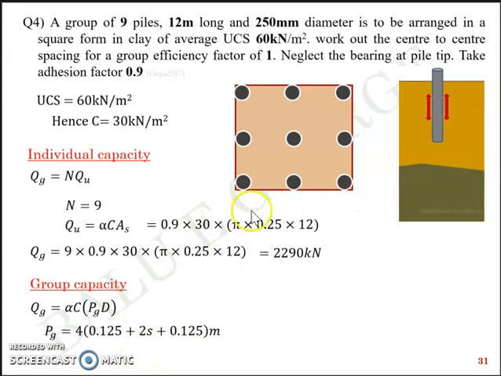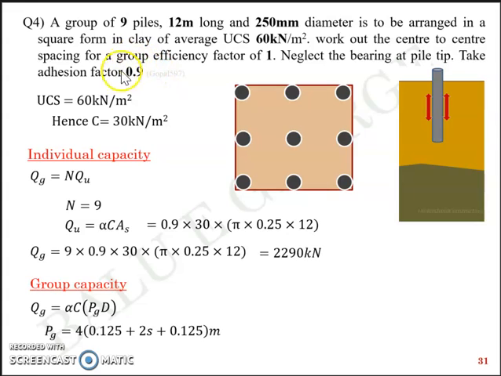So when you take one side of this block from left to right, that is 0.125, which is half the diameter, plus S plus 0.125. So in short, it's 0.125 plus 2S plus 0.125. So that's one side and is in a square pattern, so multiplied by 4, what you get is a perimeter. So QG is alpha C PG into D, where D is already given 12 meter, PG you know from this equation where S is the unknown that we are about to find out, C is a cohesion 30 kilopascal, alpha